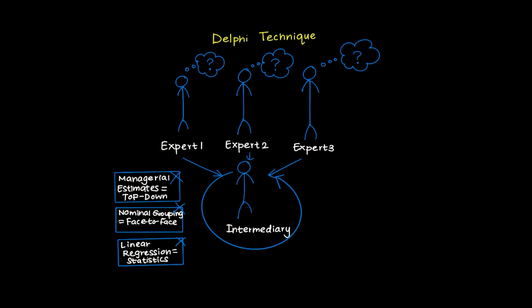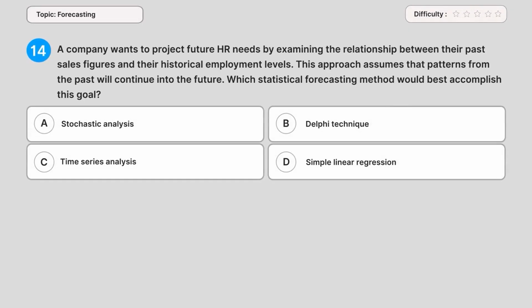Here's a WGU D351 OA exam tip for you. When you see experts, intermediary, and no face-to-face meeting, the answer is Delphi technique. Quick recall hook: anonymous experts plus intermediary equals Delphi. 14. A company wants to project future HR needs by examining the relationship between their past sales figures